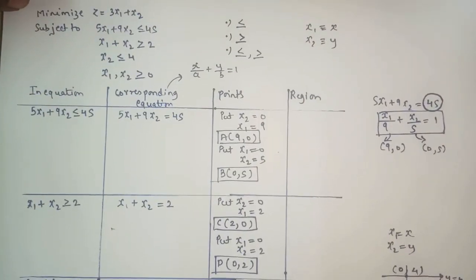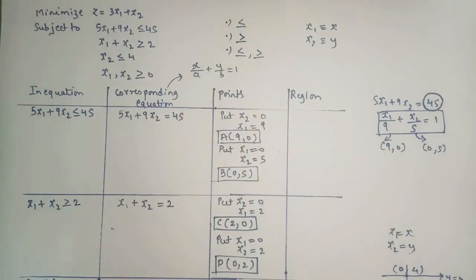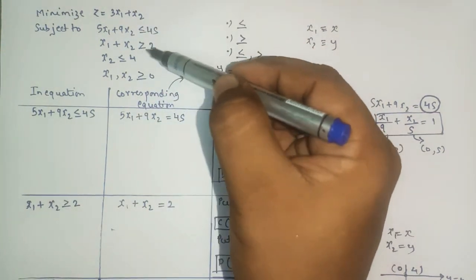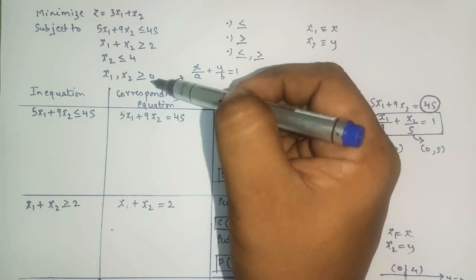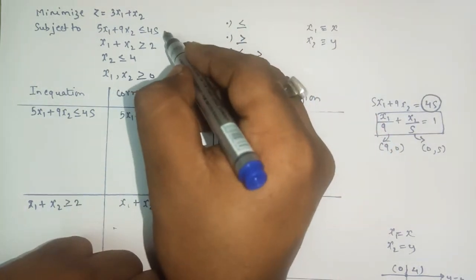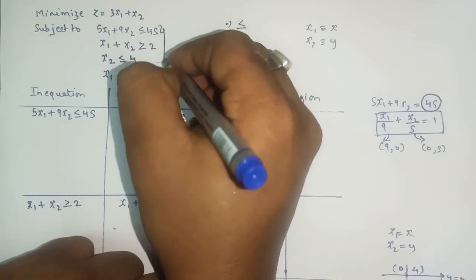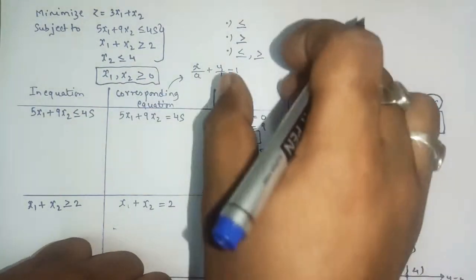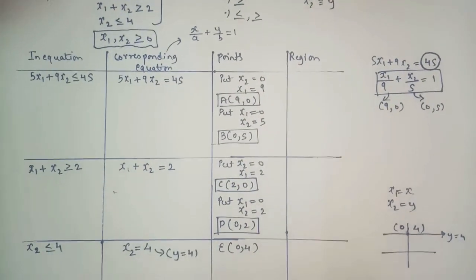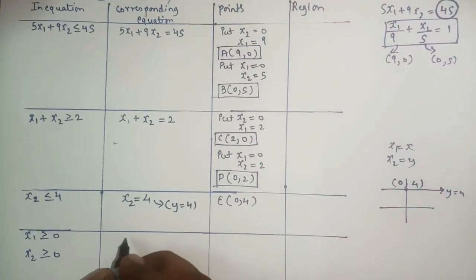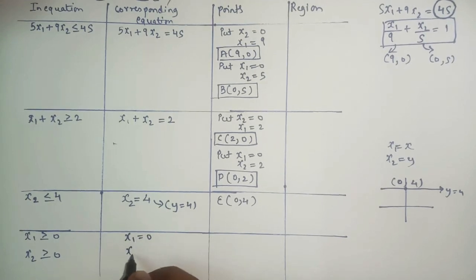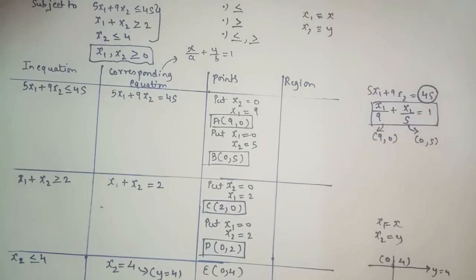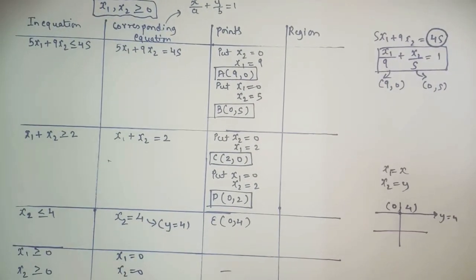Okay, so for this sum, if I ask how many inequations are there, so here clearly we can see that on the right hand side we have the numbers. For this here we have 0. So here we have 3 linear inequations. And what about this? This is the condition. It says that the point will lie on the first quadrant. So here x1 is equal to 0, x2 equal to 0, and nothing will come. Okay, any doubt till here?